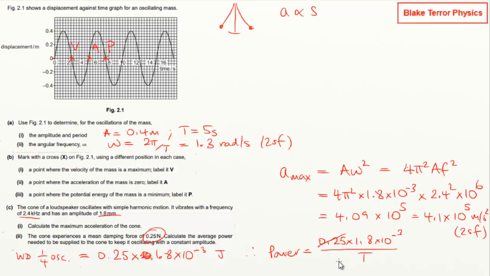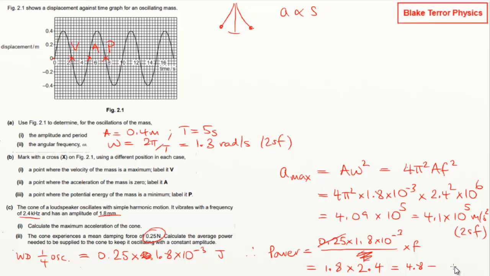So t is, we've got the frequency, haven't we? So yeah, it's 1 over f. So we need to multiply by f instead of dividing by t, which is 2.4 times 10 to the 3. The 10 to the 3s are going to cancel, so it's going to be 1.8 times 2.4. So we need to double it, so that's 4.8, and then take off a fifth of all of that,